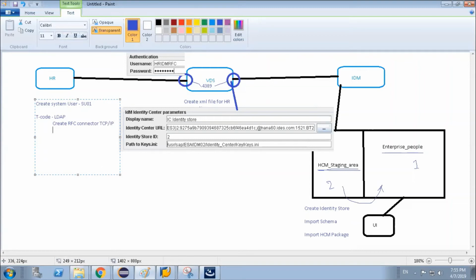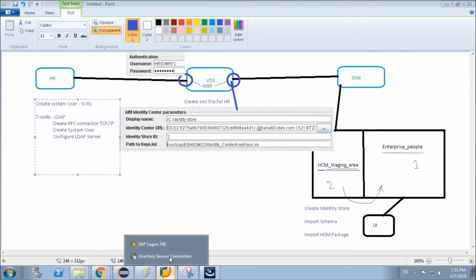Okay. The second activity, we have to create the system user, which we have already created. And the third is to configure our LDAP server. These are the three things we have to do in the LDAP transaction.